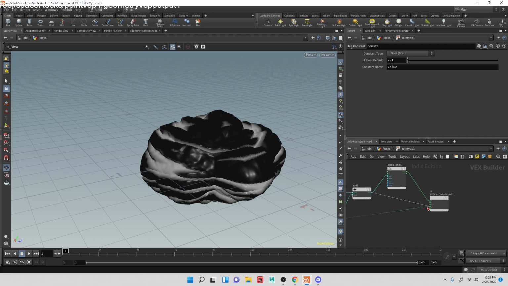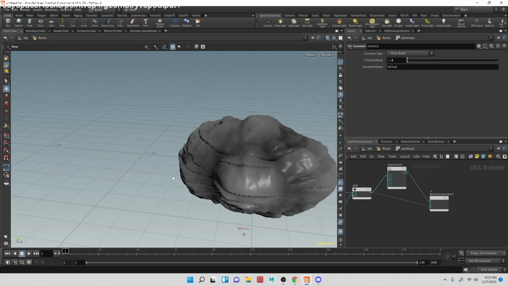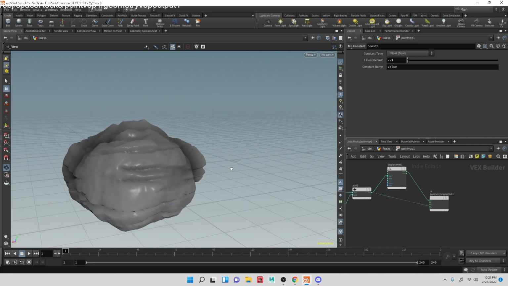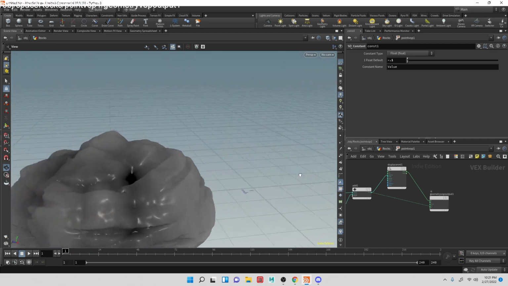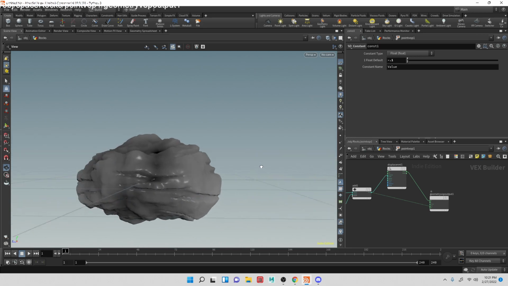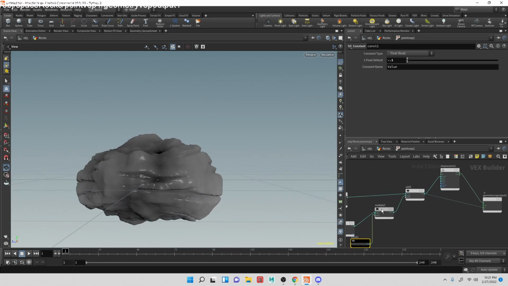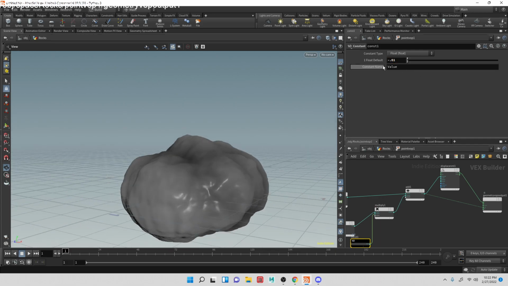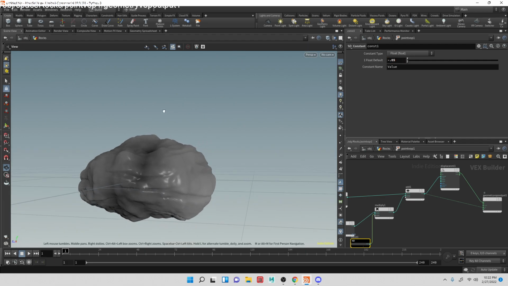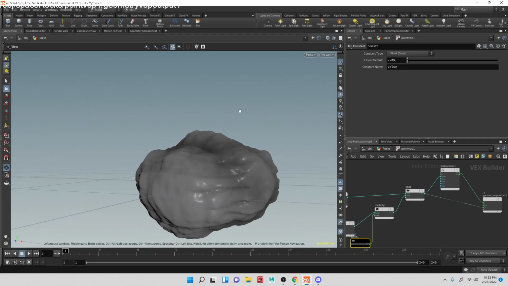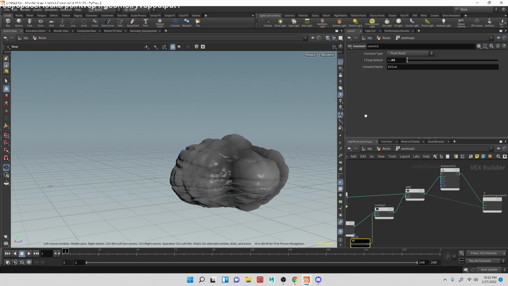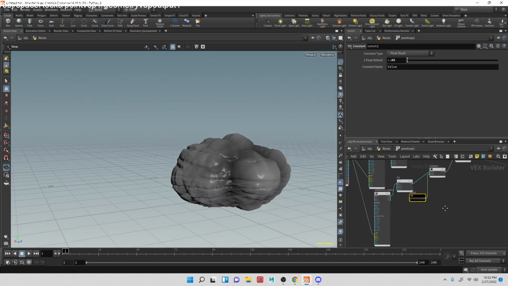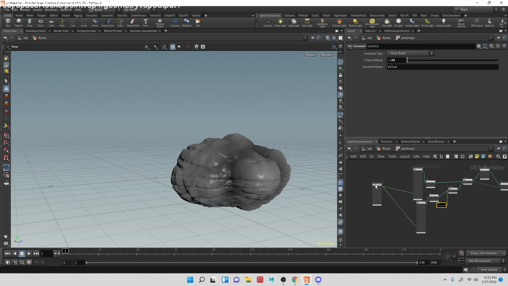And then maybe we can put the CD into there, so that way it's kind of a combination of everything that we have so far. And then we can always come back and adjust this constant, maybe 0.01. Maybe that's too little, 0.05. We get that kind of pattern on the rock. Okay, and then